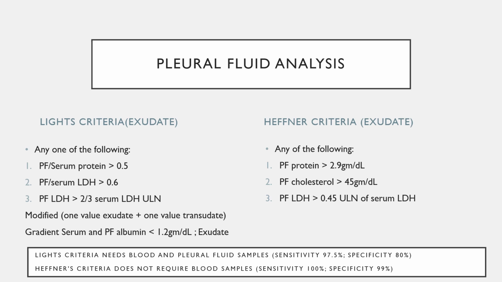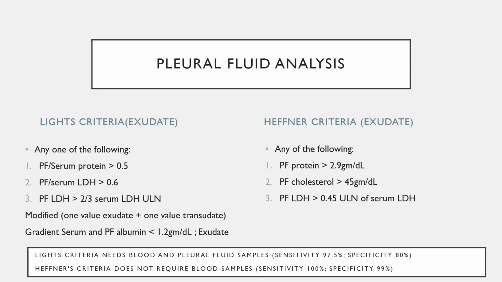Well, this comes into play when only one of the criteria is positive for an exudate and the other one is positive for a transudate. Now that pushes us into a dilemma, and in situations like this, in order to corroborate the protein levels of the pleural fluid, we go one step ahead and perform something called the gradient between the serum and the pleural